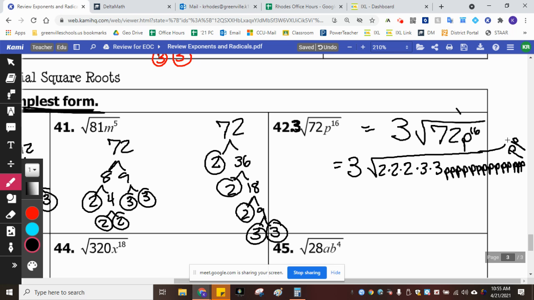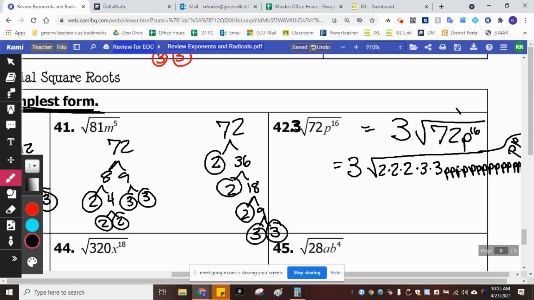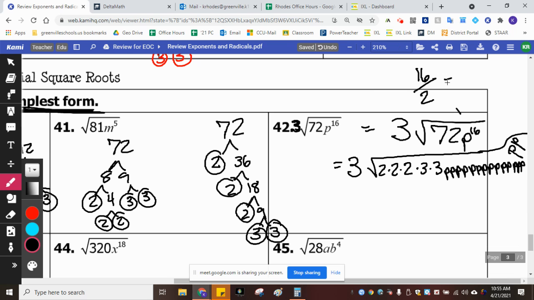But if you think about it, you shouldn't have to write them out. If you have 16 P's and you're grouping them in 2s, how many groups do you have? 16 grouped in 2s, oh, 8. So what you did in your head was 16 divided by 2 and you got 8. So that means I'm going to have 8 groups of P, and you're going to put 8 groups of